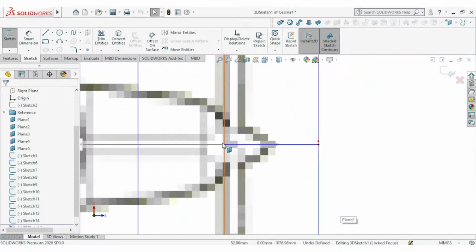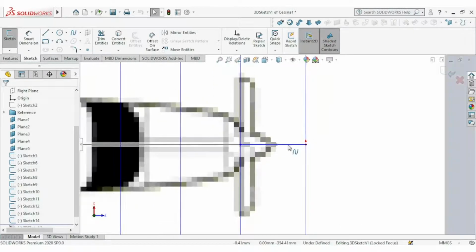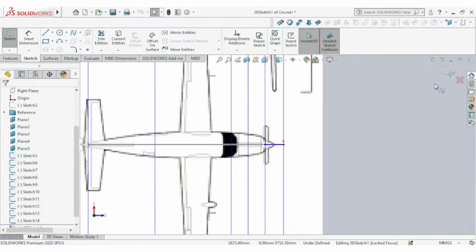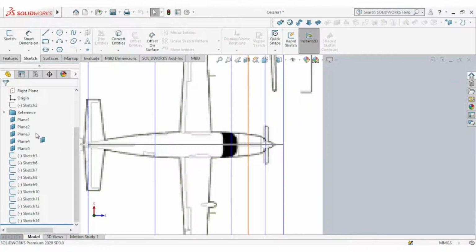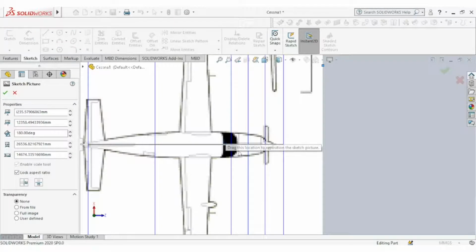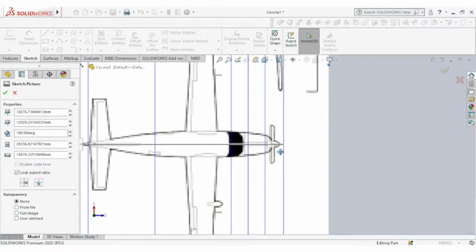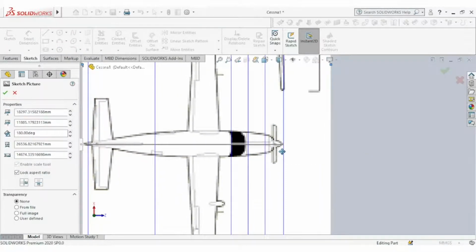Okay, let's exit, go to the top sketch picture and adjust this. Okay, that's better.